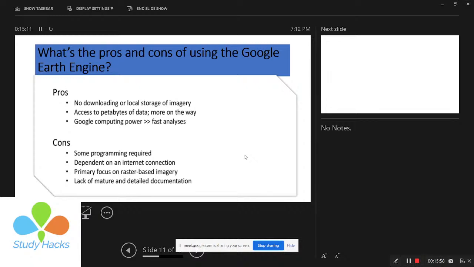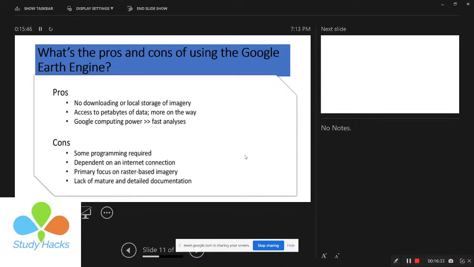And it also has some disadvantages: you need some programming language. As a beginner, basically when you study geography or environment related subjects, we ignore the programming part. So that's why, as a beginner, learning the Google Earth Engine platform can be a problem. But in this course, I will try to teach you all of the programming language you need to learn the Google Earth Engine platform. When you learn the programming language, you can easily relate it with the Google Earth Engine platform. Then you can do any remote sensing analysis,